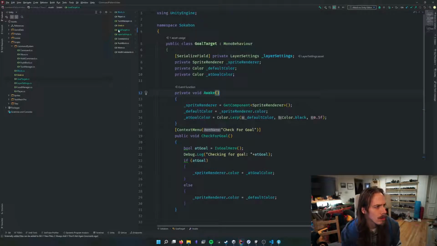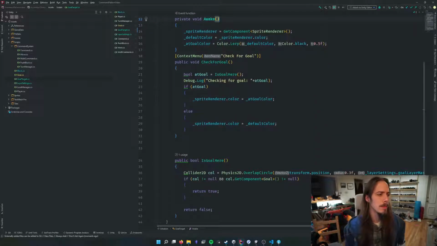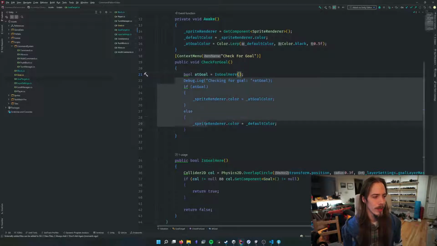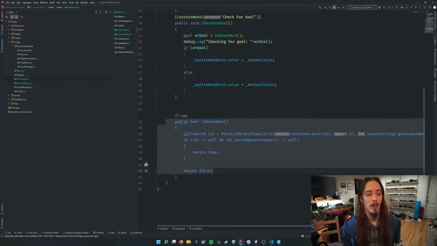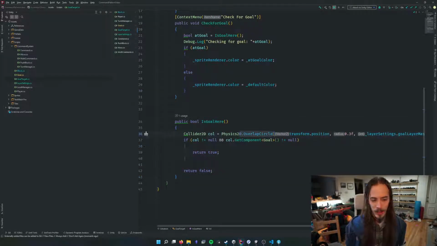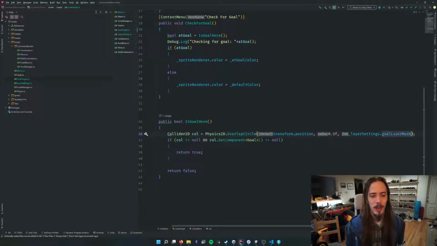The goal target script, all it does is call this is goal here function and then change the sprite. But here's the actual function we care about. It just checks to see if there is something on top of it in the goal layer mask. And then if there is, and it has a goal component,